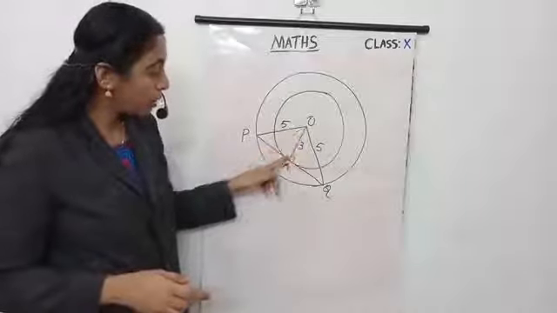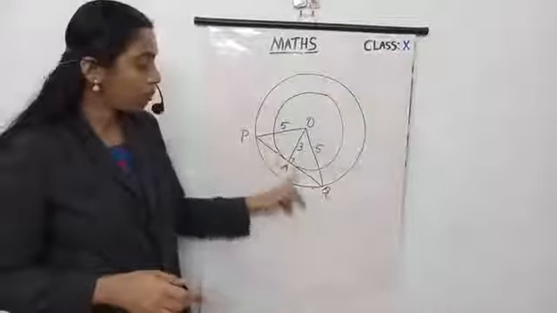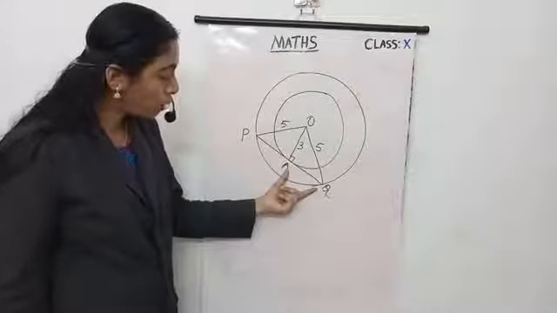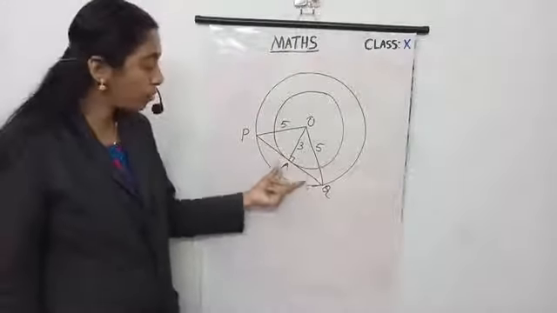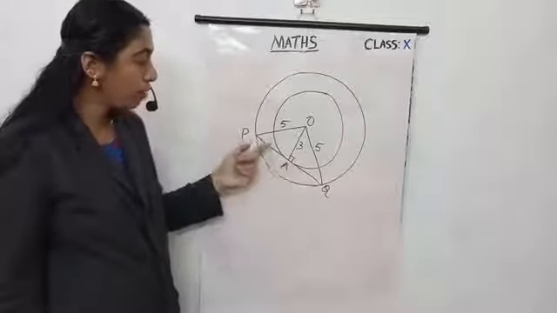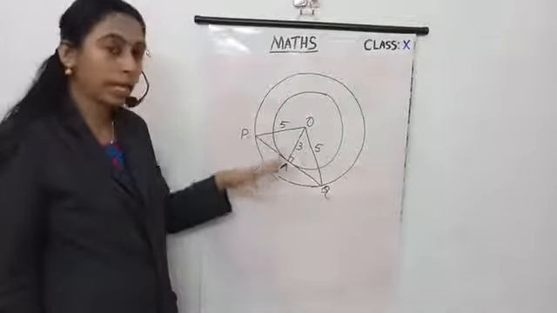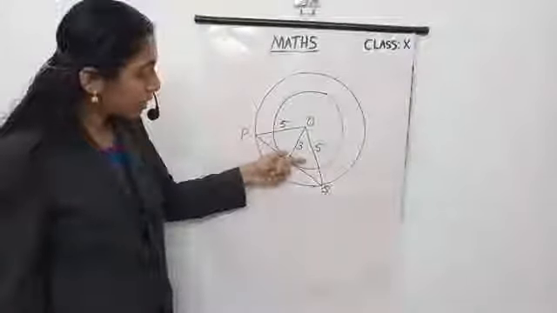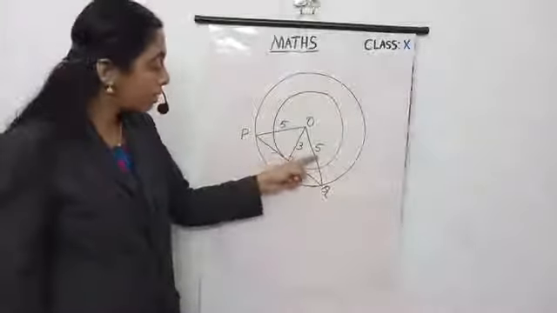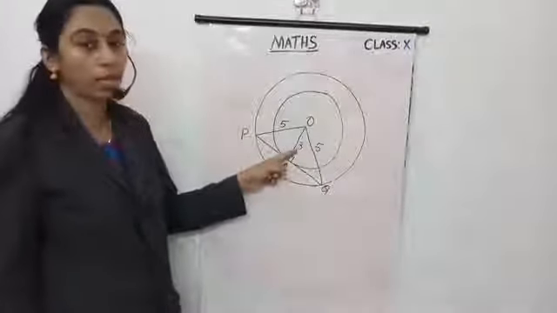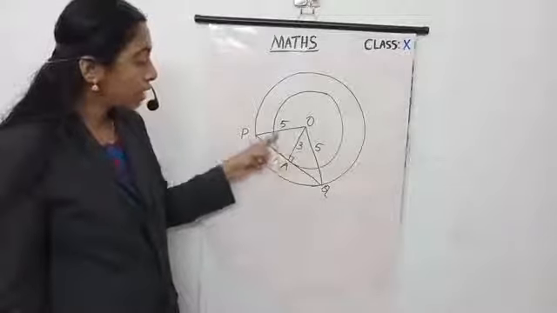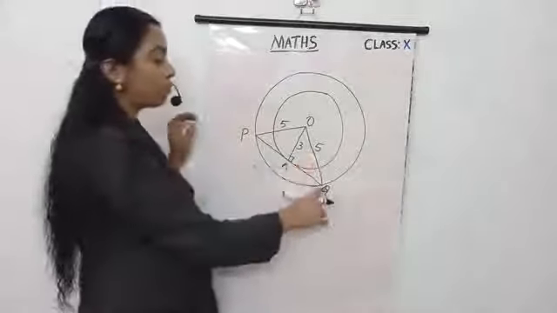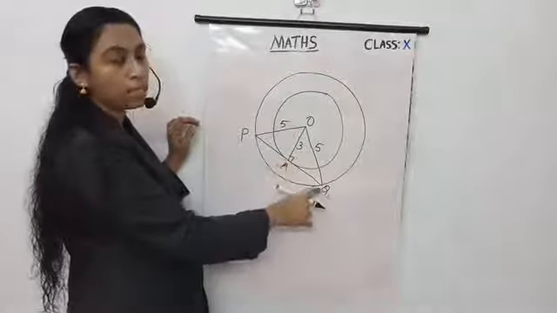So this is perpendicular to PQ, so PA is equal to AQ. We are going to first find AQ, then AQ plus again AQ gives the full length of PQ. Now consider this right angled triangle, with this measurement 5 and this measurement 3. You can take any triangle, both are equal. Now this is the hypotenuse, this is the altitude and this is the base.